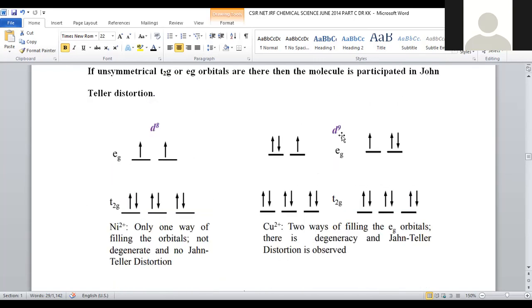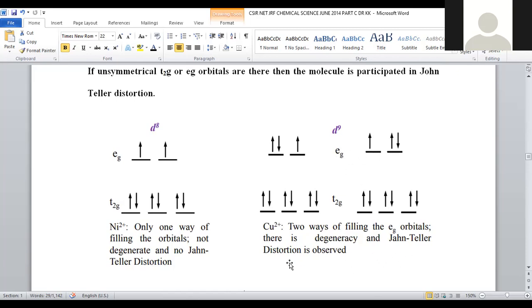So when you observe the second complex, copper hexa-aqua 2+, a d9 system, filling of electrons, again here it is a high spin complex, 1, 2, 3, 4th electron enters into Eg, 5th electron also into Eg, 6th electron into T2g, 7, 8, 9th electron will enter into Eg orbital. Now T2g becomes a completely symmetrically filled one. Eg orbital is unsymmetrically filled. Eg orbital is partially half filled, so here asymmetry is there in Eg orbital.